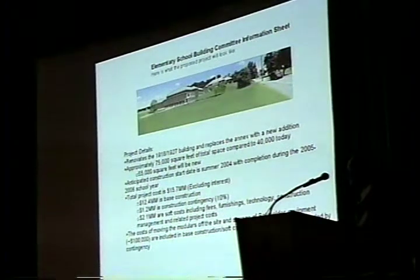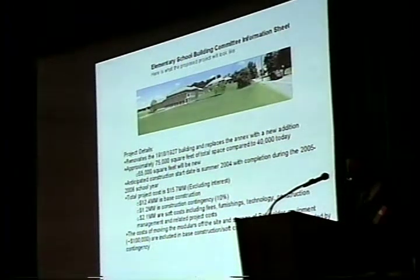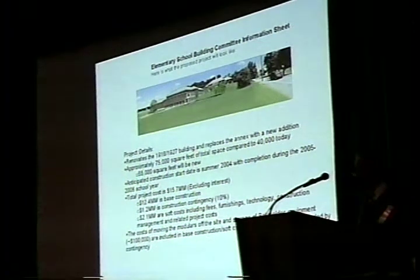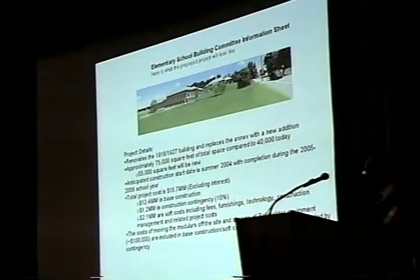In addition, it is standard at this phase of construction to carry a contingency, because there are things that can come up that you don't realize at the time that you're actually designing the building. We are carrying a construction contingency of approximately 10%, or $1.2 million. Now, I do want to draw a distinction between that $1.2 million and the $600,000 that Charlie Hay referred to earlier as the design allowance, because that estimate of $12.4 million, it's the estimator's best guess at the sort of